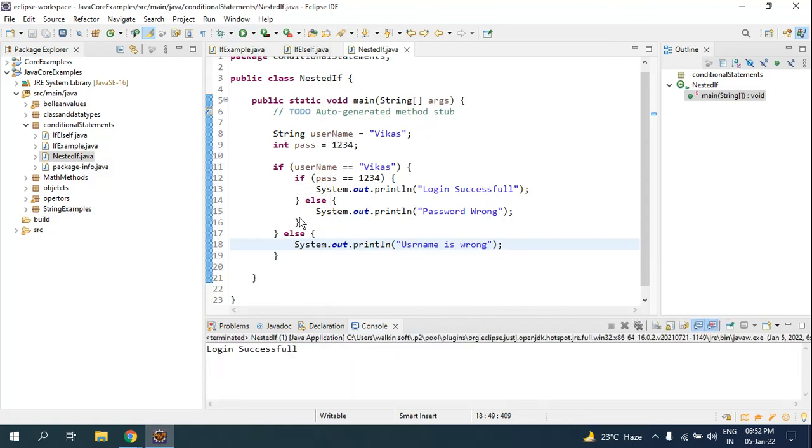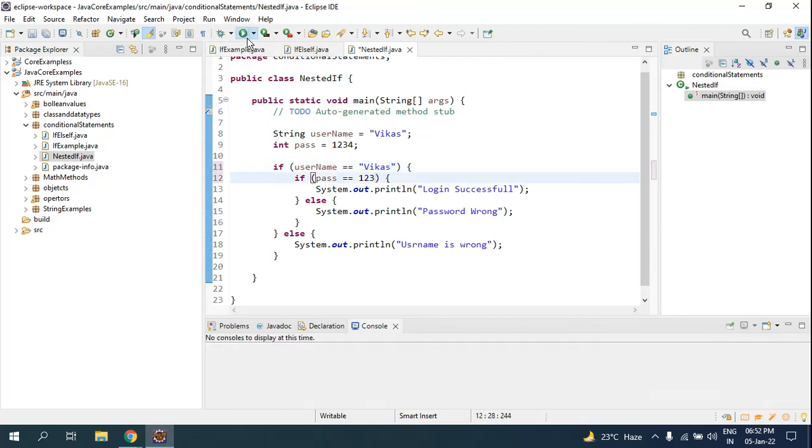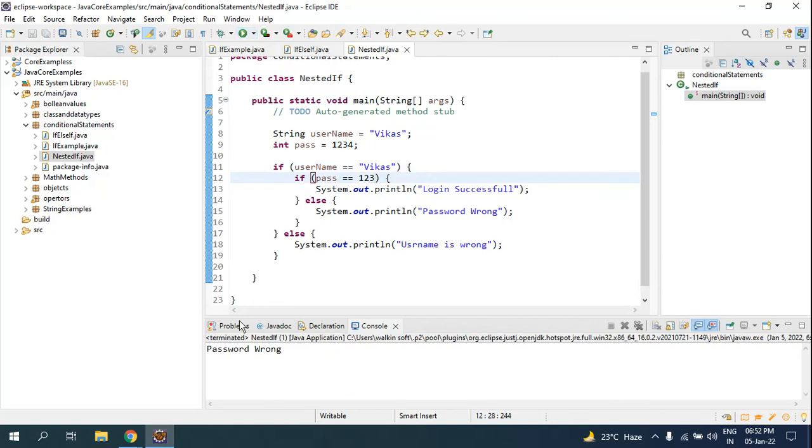For now it is login success. Now if I change my username to Vika, it should tell me username is wrong. Look, it is telling me username is wrong. So what if the username was correct and the password was wrong? It is telling me password is wrong, which is the second one.